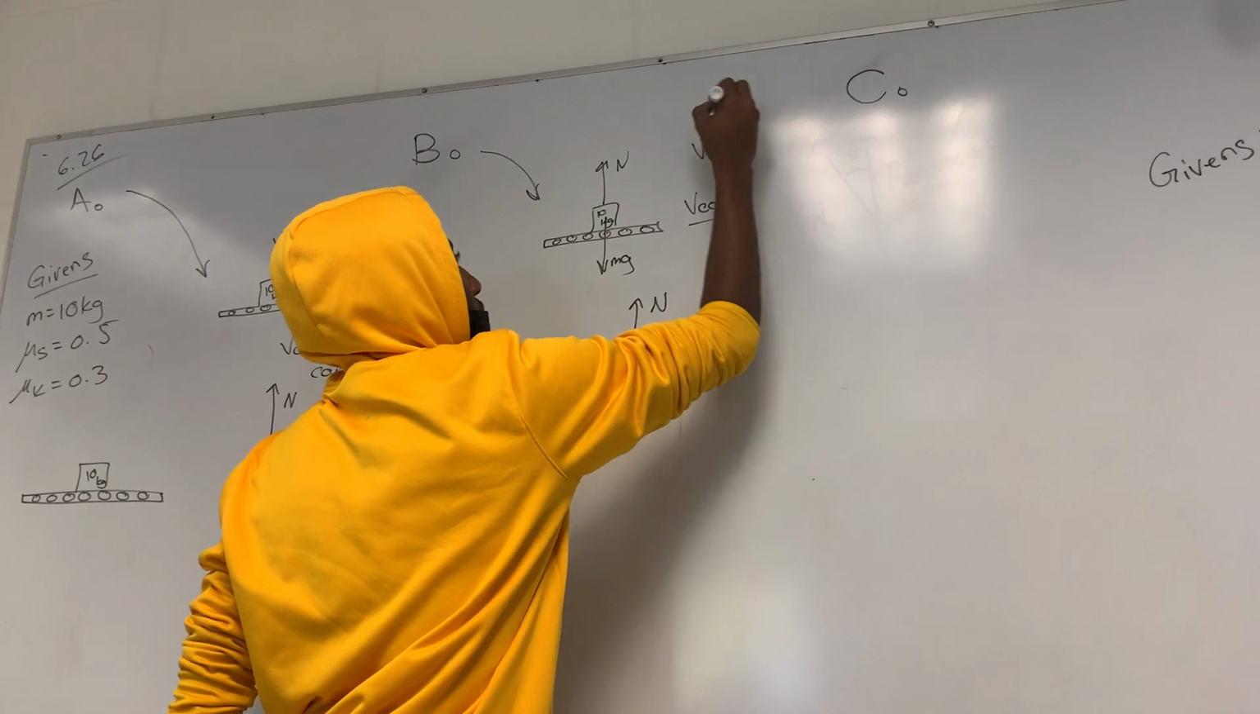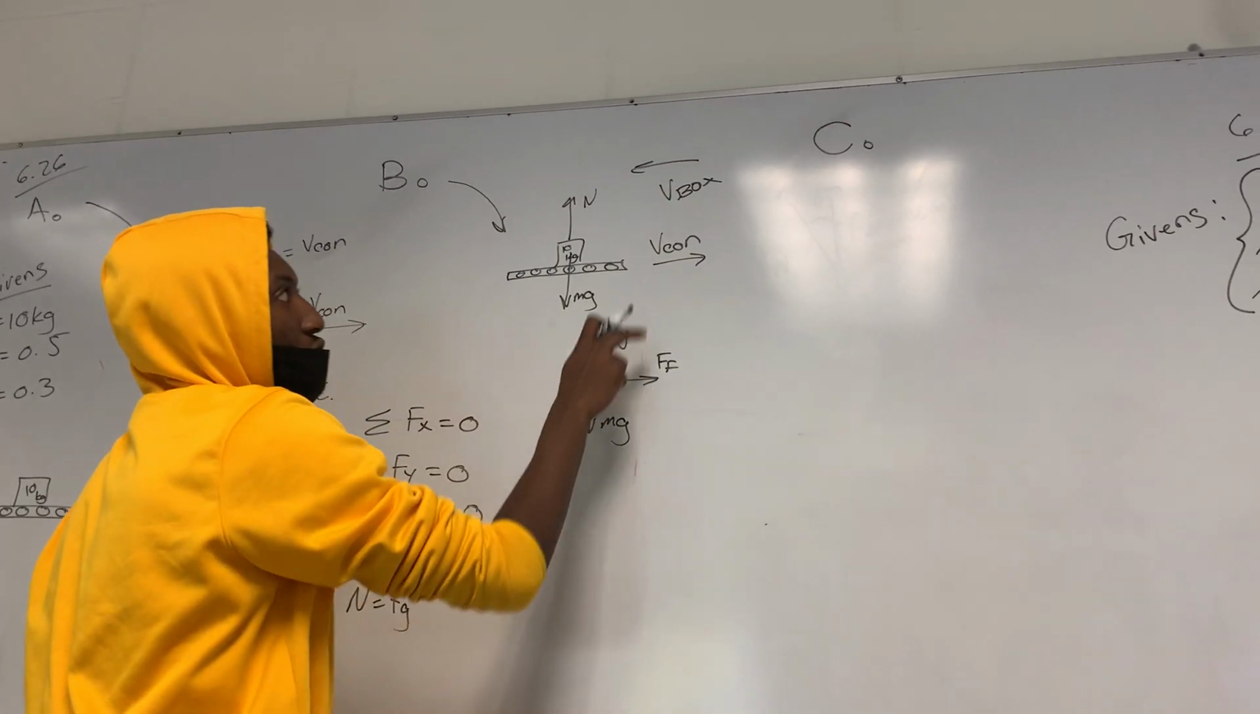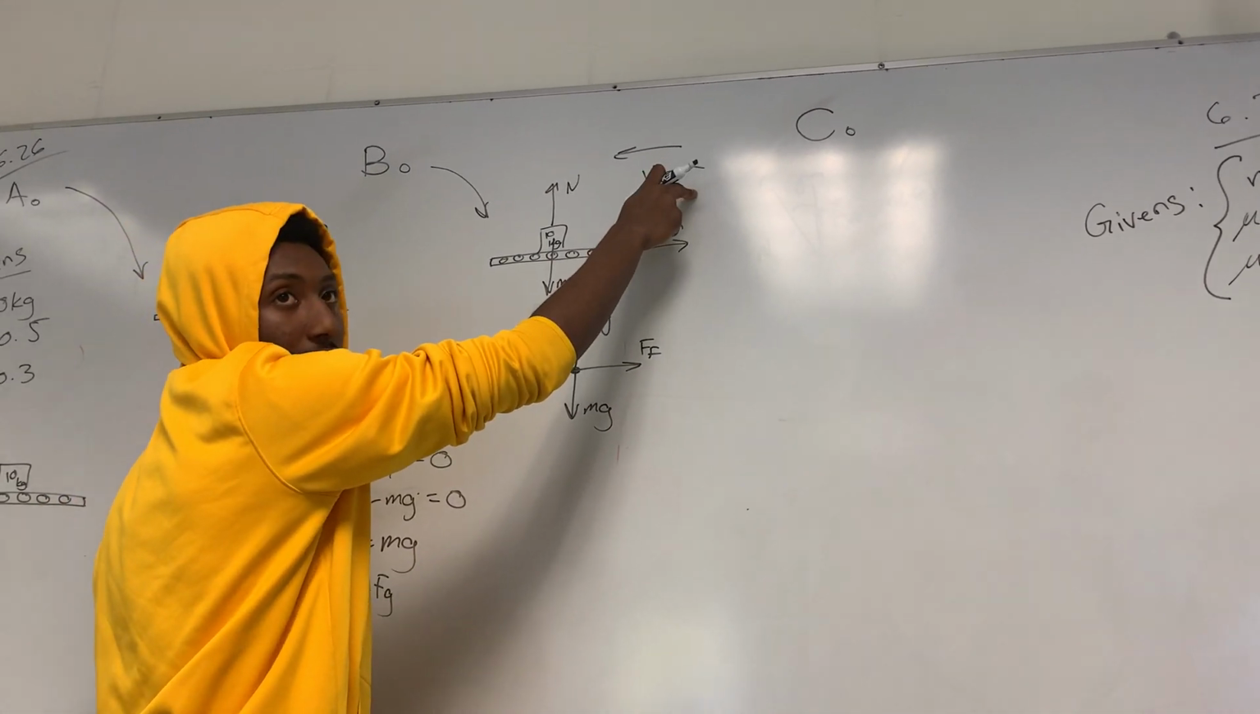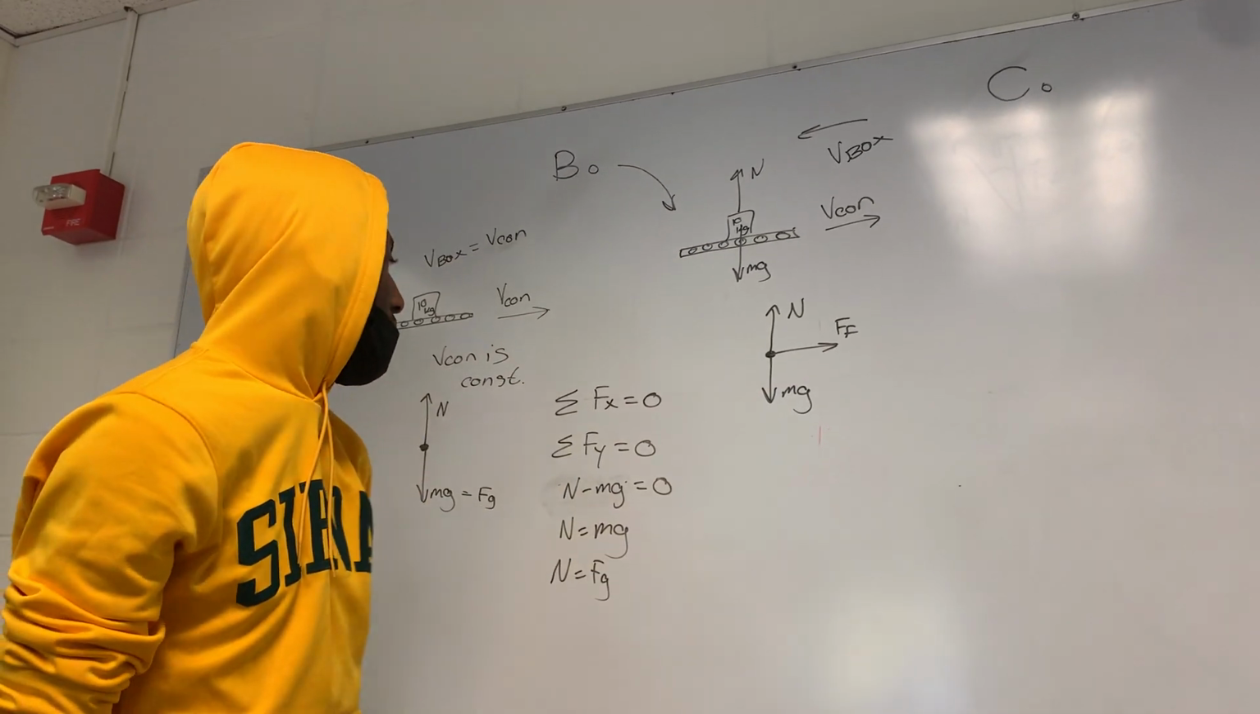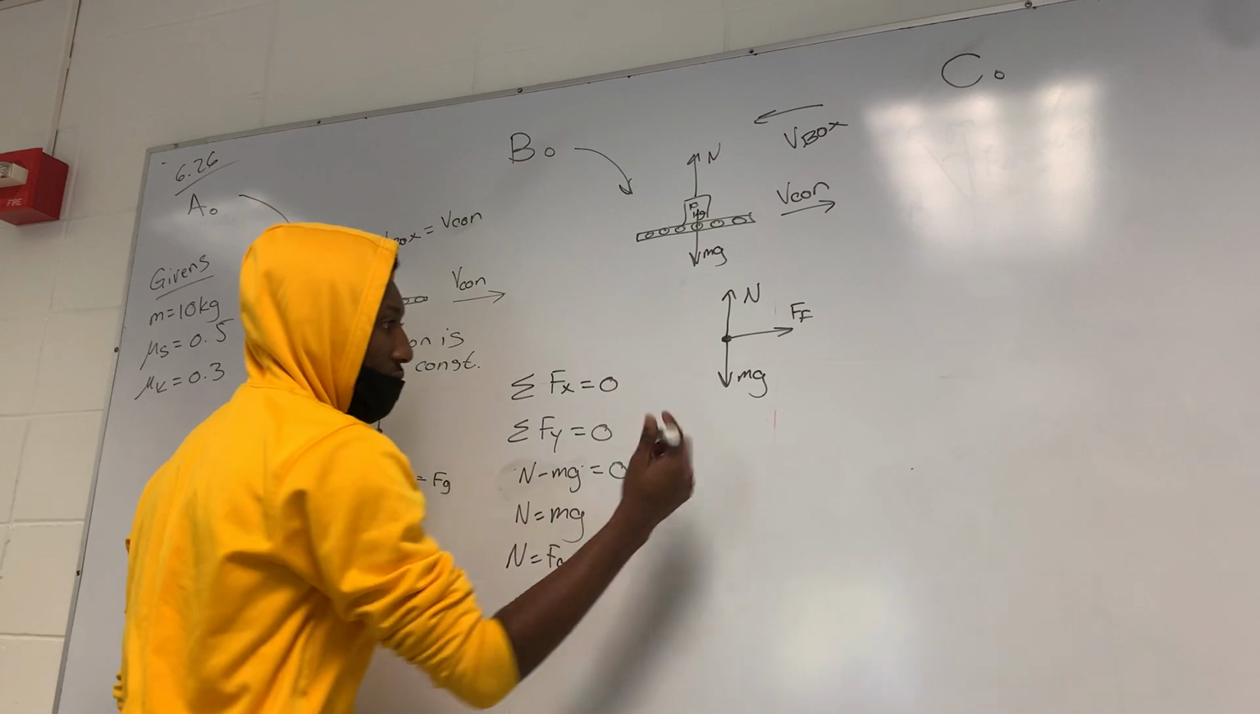So g box is that way, which means the friction force should be opposite of that, which is this way. So that'll be a free body diagram for that. And if we do this again,